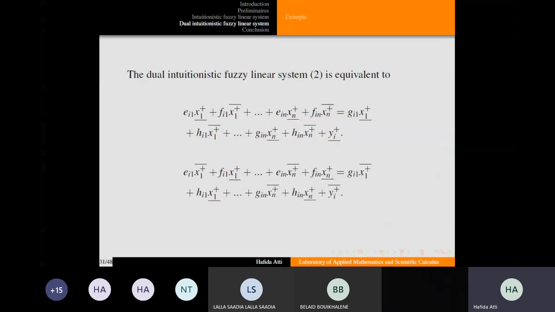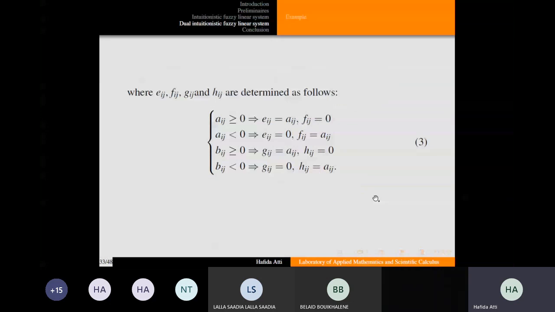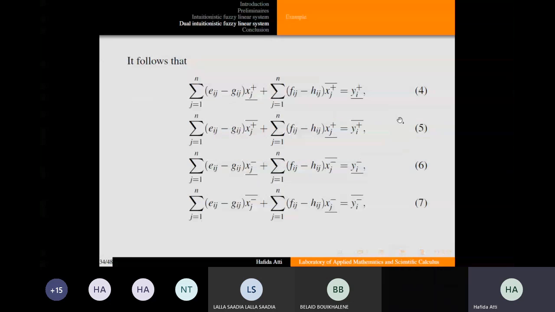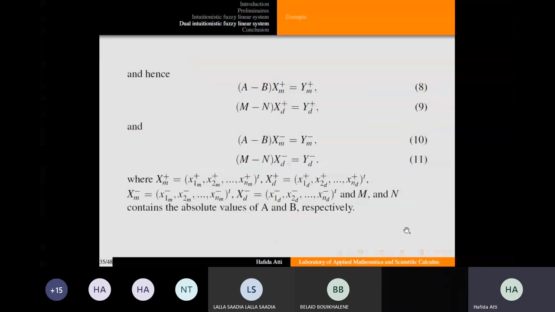To solve it, we try to replace the dual intuitionistic fuzzy linear system by 4 crisp linear systems. So the dual intuitionistic fuzzy linear system is equivalent to this equation: the first equation, the second, the third, and the fourth, where EIG, FIG, GIG, and HIG are determined as follows. It follows that we have the equations 4, 5, 6, and 7, and hence we get 4 crisp linear systems 8, 9, 10, and 11,